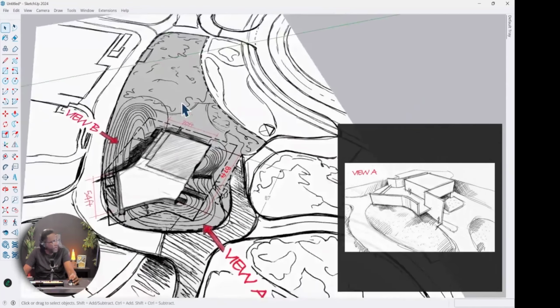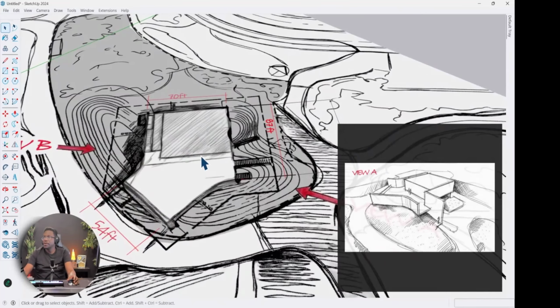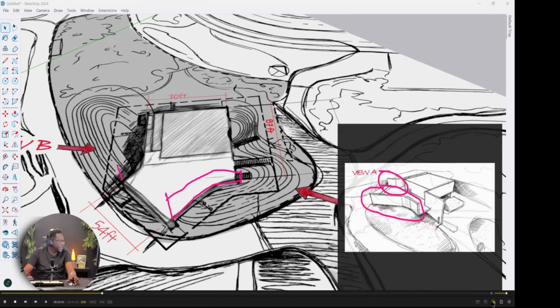Okay, so now our drawing is rescaled. So let's see if we can plan this out. What we need to do is, if we look here at this concept sketch, we can see that we have this wall here that's going to be somewhere about maybe like this, right? And this is pretty much the patio area that's there. We have this other wall that's over here. That's this wall here. So we know that we're going to have a wall that kind of does that.